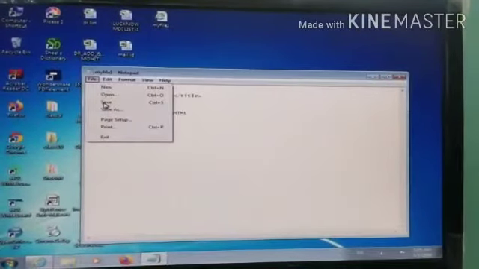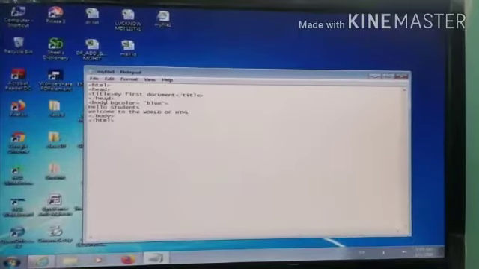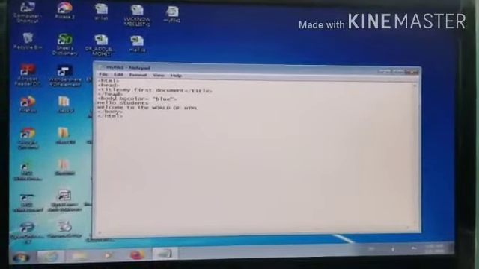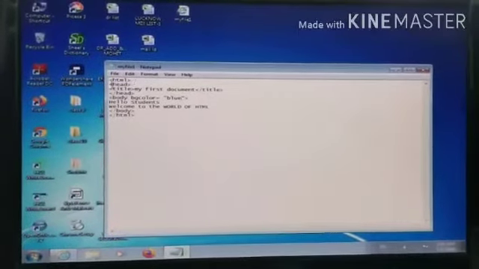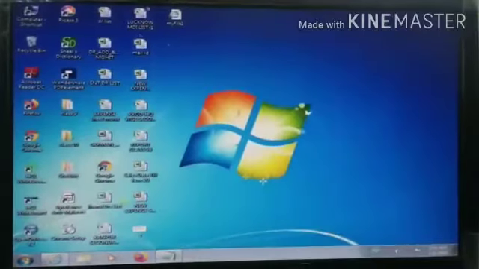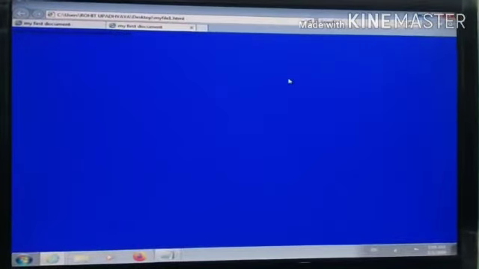Every time we have to save. This time we will not use the Save As option because the file is already saved with a name and proper location. We only have to use the Save option, then minimize the file and click the file on the desktop. So you can see the color is applied as the background. If you want to apply a background color, you have to use the bgcolor attribute with the body tag.